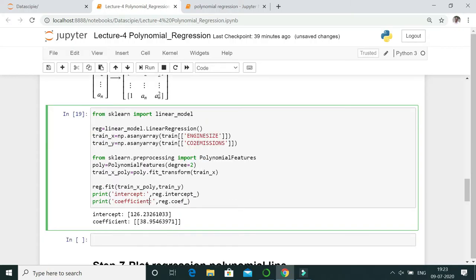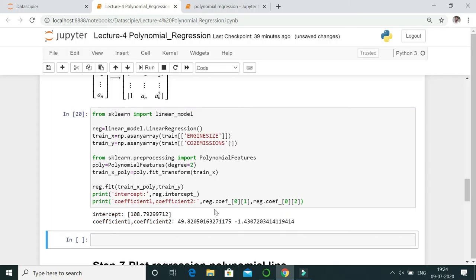Here we require two coefficients m1 and m2, so we will print the two coefficients: coefficient 1, coefficient 2. The first coefficient is printed as index 0,1 and the second coefficient as index 0,2.